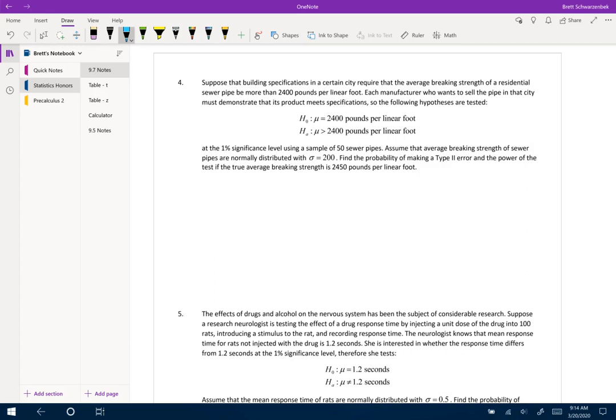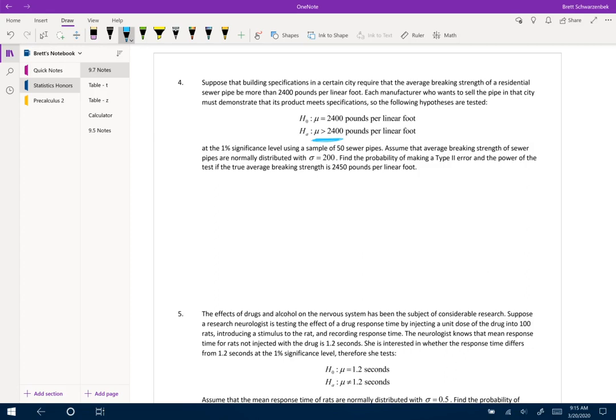It says, suppose the building specs in a certain city require the average breaking strength of a sewer pipe to be more than 2,400 pounds per linear foot. Each manufacturer who wants to sell such pipe in the city must demonstrate that its products meet specifications. Okay, so specifications are basically the alternative hypothesis, which is more than 2,400 pounds per linear foot. We are going to be doing this at the 1% significance level, so that is our alpha,